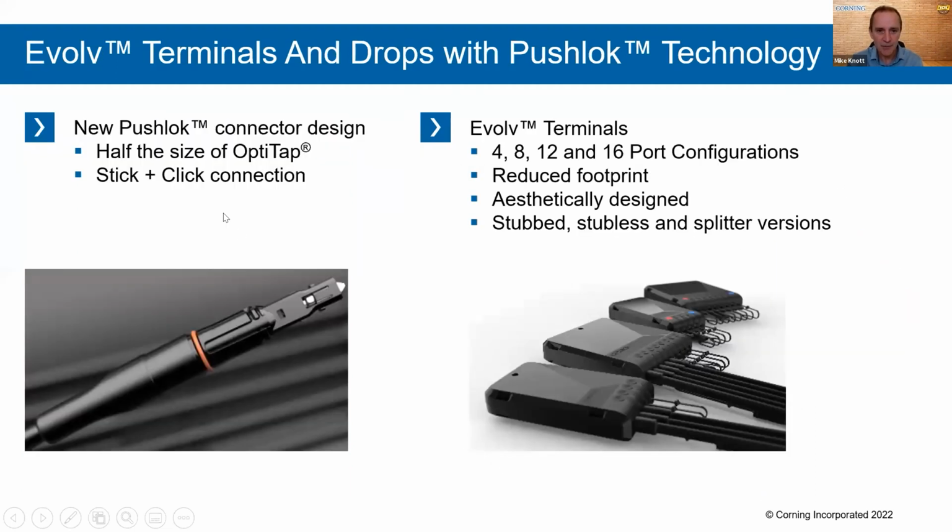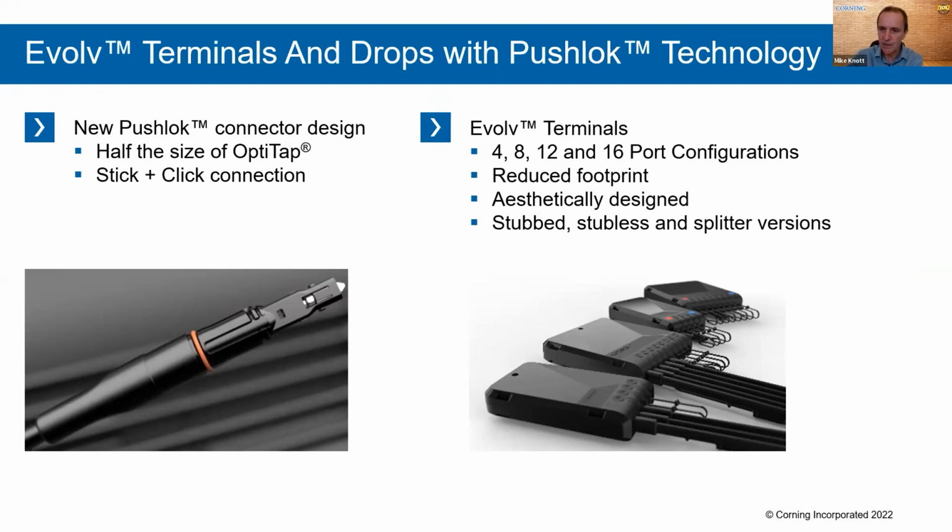So the connector is a new, revised connector. It's about half the size of the OptiTap, the old connector. It has what we call a stick and click connection. So to make that connection, you push the connector into the port and you hear this audible click. There's no bayonets, there's no screw caps or anything like that. The terminals are 4, 8, 12 and 16 port configurations. They obviously have this reduced footprint. They're aesthetically designed, and to meet any network, whether it's point-to-point, centralized split or distributed split, they're available in stubs,